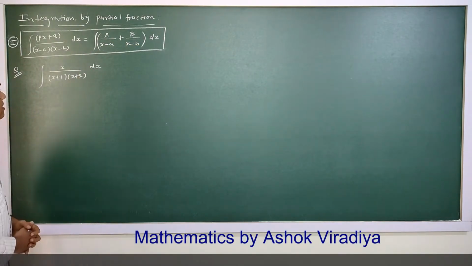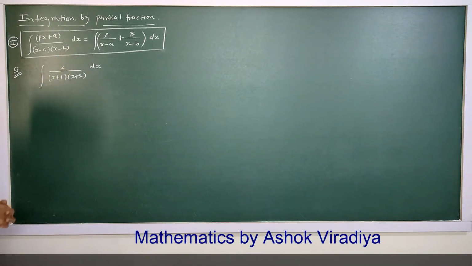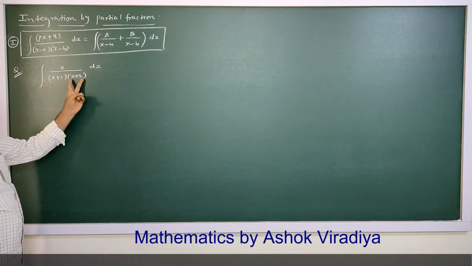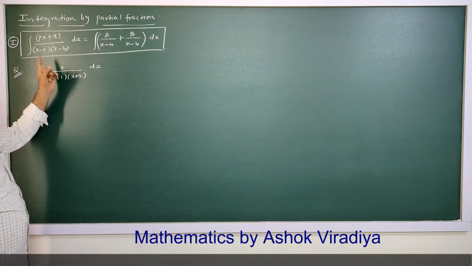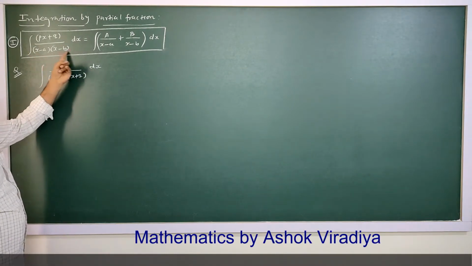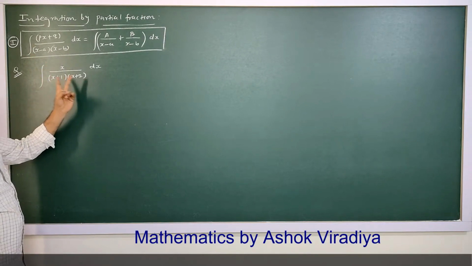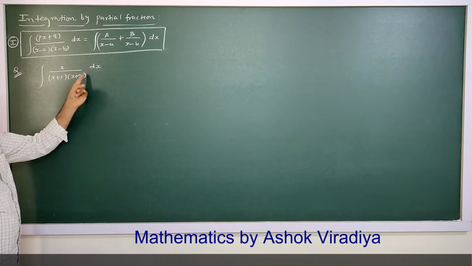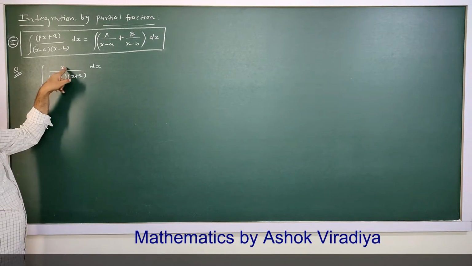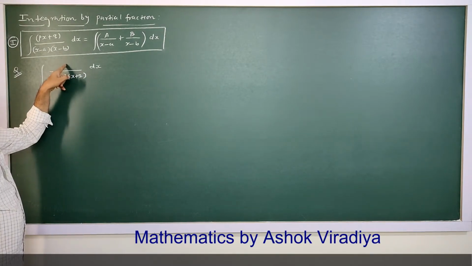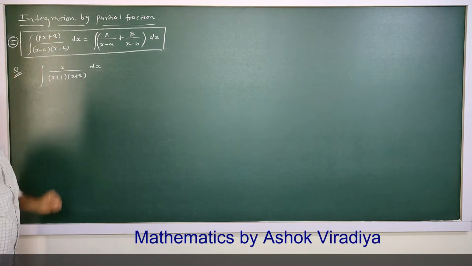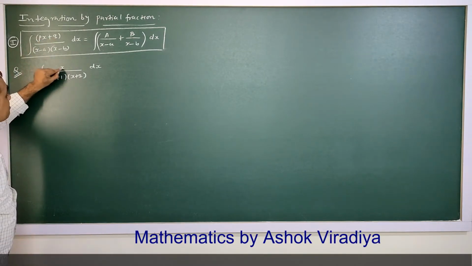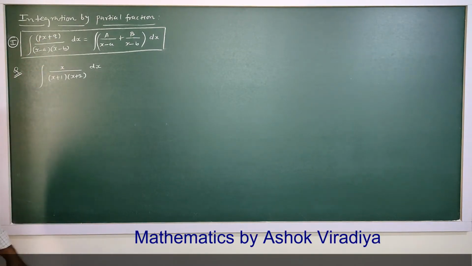So look here, on this variety, this is the question: x upon x plus 1, x plus 2. So it is of this pattern. It is like x minus a, x minus b. This is a polynomial with degree 2. The numerator has 1 degree, px plus q. So it is like 1x plus 0. So it is of this pattern.